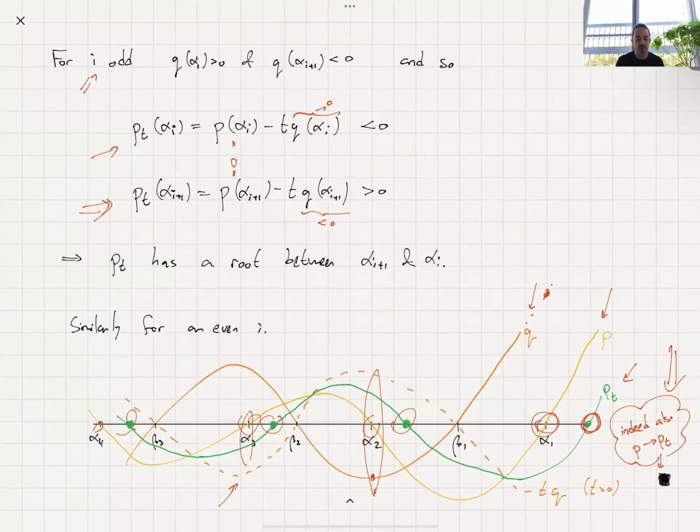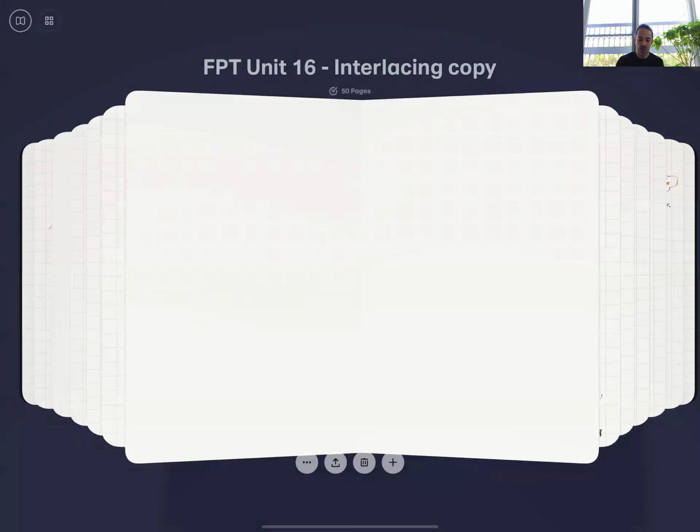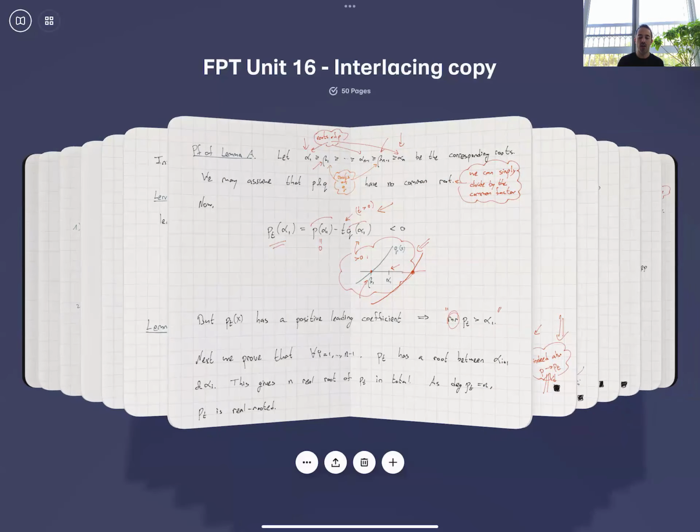Here we didn't really use the fact that T is positive or negative. As long as it's either positive or negative, it's all the same. What's really important is that these two signs be different: this is positive and this is negative. It doesn't matter if it's positive when I is odd or negative when I is not odd. It is important if you want to infer that P interlaces PT, but it's not important if you want to infer that PT is real-rooted. So this by itself, even without the previous part, which seems to require T to be positive,